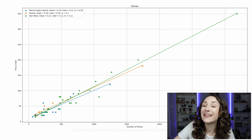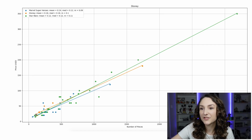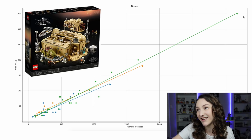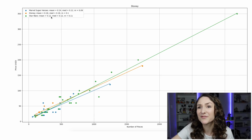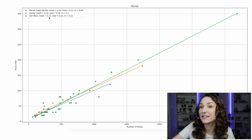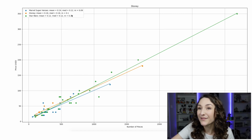to do with that. And then if we look at Star Wars for a second, look at this green line. All the way up here, we have the Mos Eisley Cantina. So that's also altering some things. I think Star Wars would be a lot more pricey if we didn't have that one there. So the slope, I don't trust it, but because those numbers are all very similar, we have 12 cents, 12 cents, 11 cents. I think Star Wars is about 12 cents per piece, Disney 16 cents, and then Marvel,